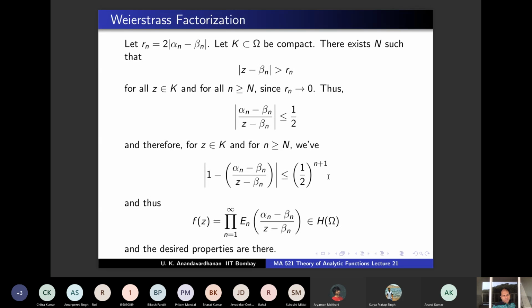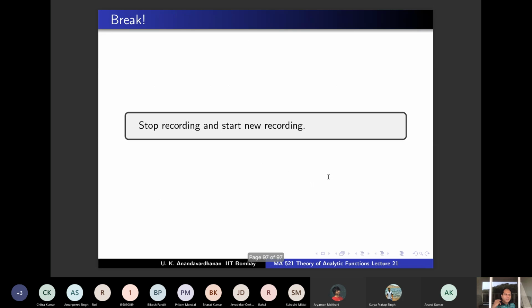So the proof is easy. It's just some basics on infinite products, and the ingenuity here is that Weierstrass thought of these elementary factors and noticed these basic properties of elementary factors, and you can take the infinite product of these elementary factors. Holomorphy is not lost, and that will do the job. Okay, so it's a beautiful theorem, and the corollary that is not part of the slide says,